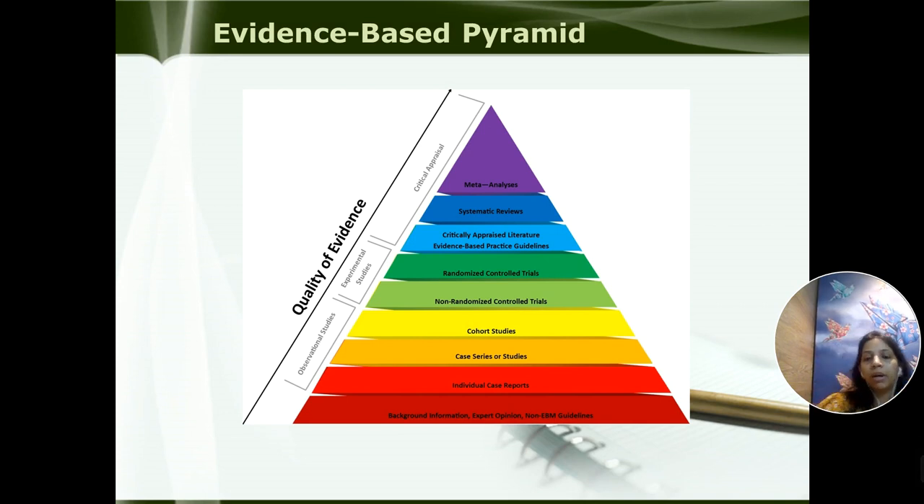So this is the evidence-based pyramid, which tells you that though the peak is formed by meta-analysis and systematic reviews, which are out of scope for the UG syllabus, you need to know that randomized control trials, which form the fourth level in this, are considered the most scientifically sound type of research studies. And systematic reviews and meta-analysis, which form the peak of this evidence-based pyramid, are